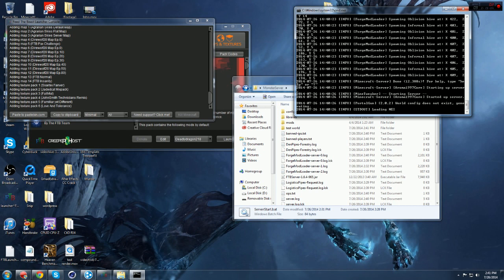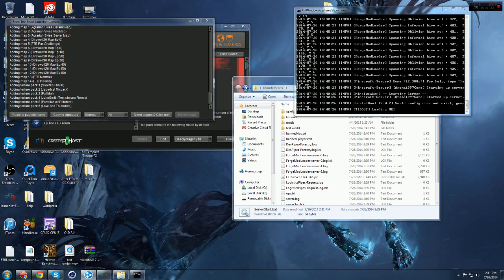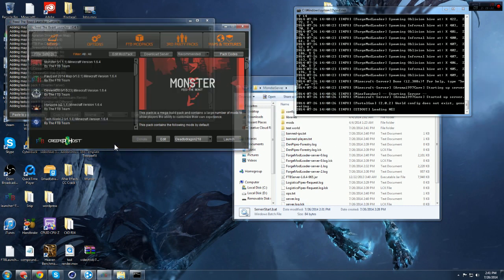But okay, now let's go back to LogMe and Hamachi here. Let's say Sunzi here was hosting. This is what you tell your users or your friends, whoever is joining your server. Under your network, you'll have your name, because they'll see your name. They will right-click on your name, and they will copy the IPv4 address. For me, however, because I'm hosting, I copy the IPv4 address from up here. Let's go ahead and move that out of the way. Now, if we go ahead and launch Monster,